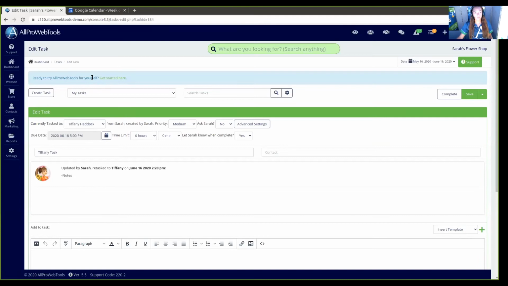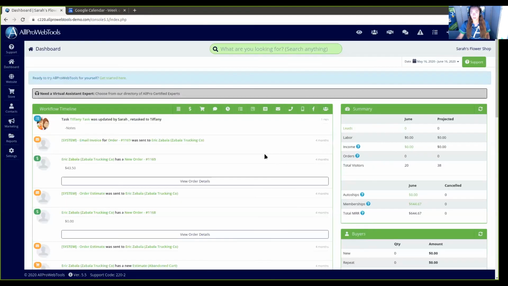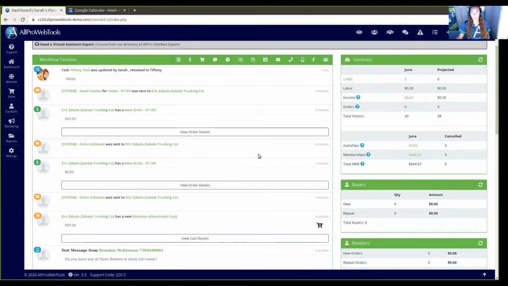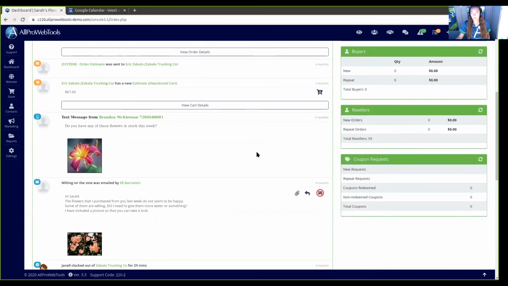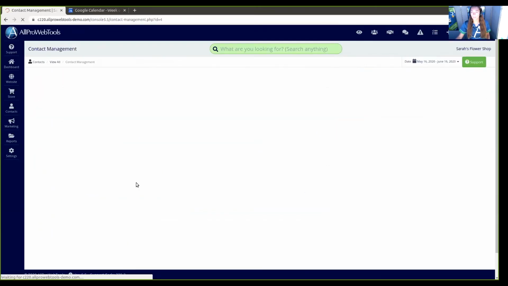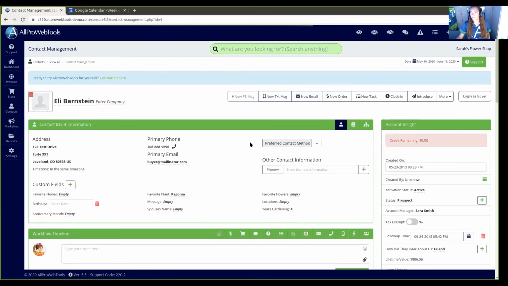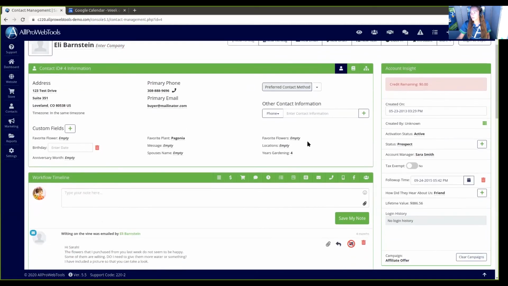For the second one, when you want to schedule an appointment from the CRM with your calendar, we're going to go back to the dashboard. And let's say that we need Tiffany to schedule a follow-up appointment with Eli. We're going to click on his CRM, and it's going to take us to his profile. We're going to scroll down right here, and here for the follow-up time, you need to click right here, and we're going to say